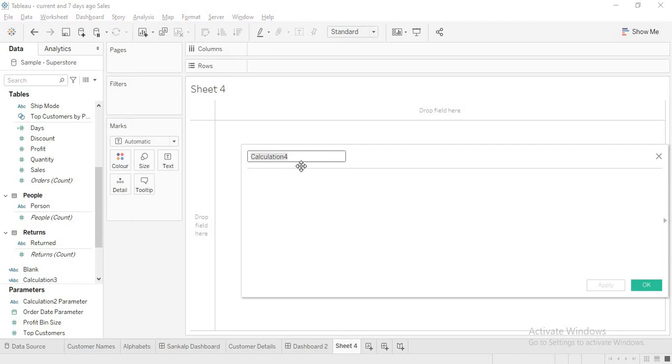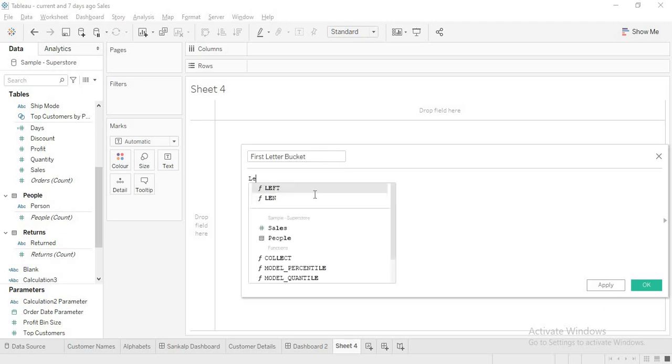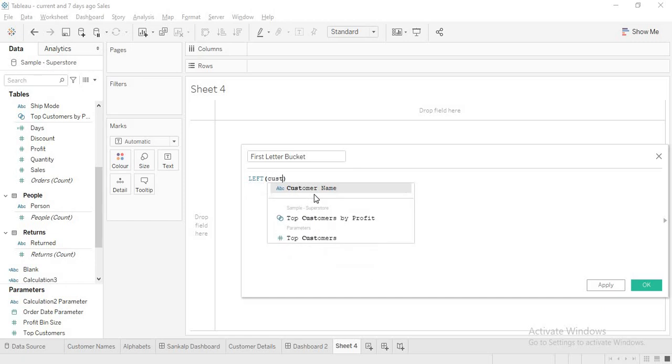I'd like to name it First Letter Bucket. Here I'll write LEFT of Customer Name comma 1. What will this give me? This will give me the first letter of every customer.